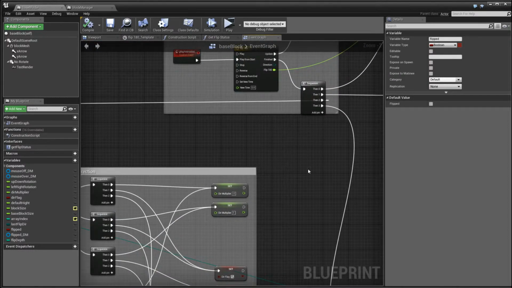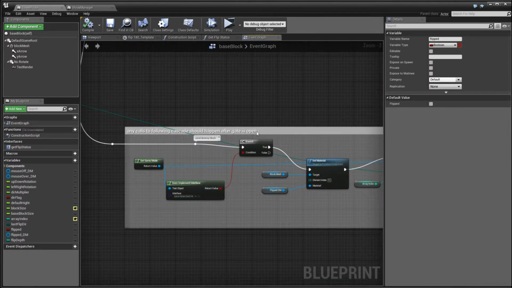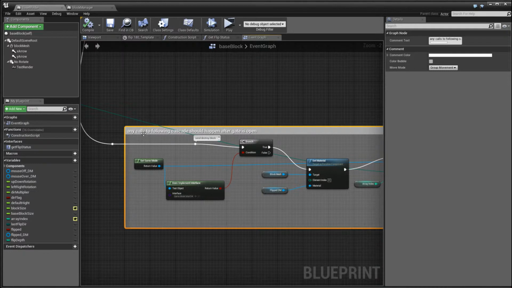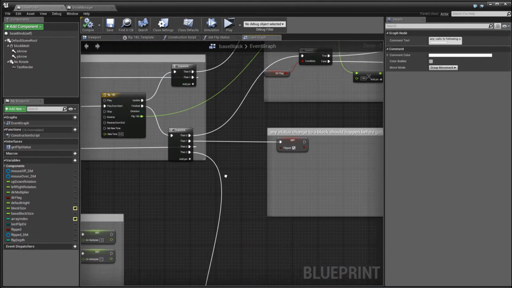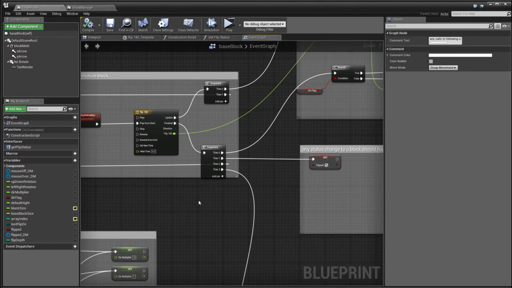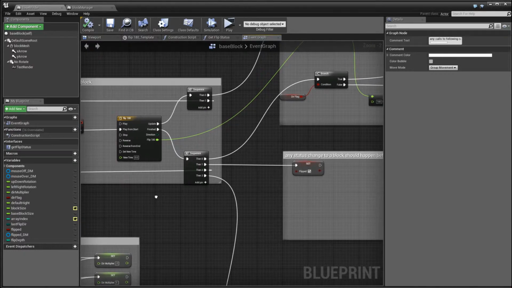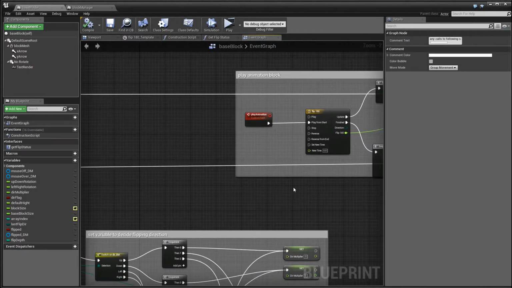Then we open the gate, and I updated the comment to say any calls to following cascade should happen after the gate is open. So that makes things clear, and it would not interfere at all locally. That's the one big change that makes things happen.